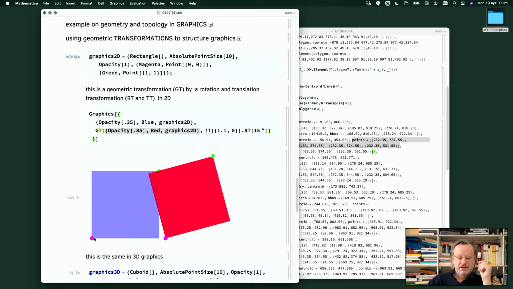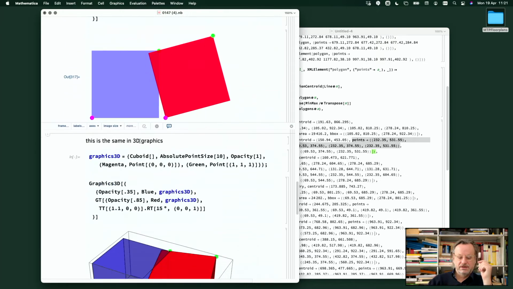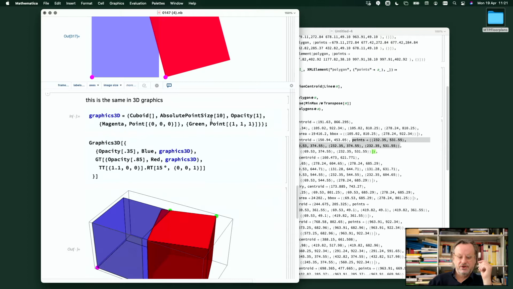So we simply take the graphics, make it red, make it opaque, then rotate it. It's a rotation transformation. There's a dot product with the translation, so we rotate it and then move it here to get this result. The same in 3D, exactly the same. Cuboid,